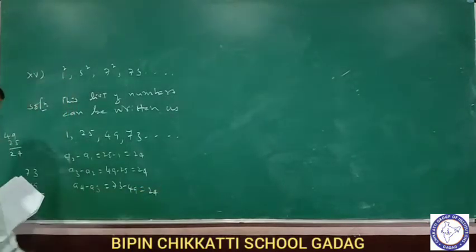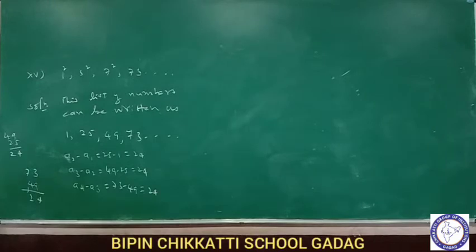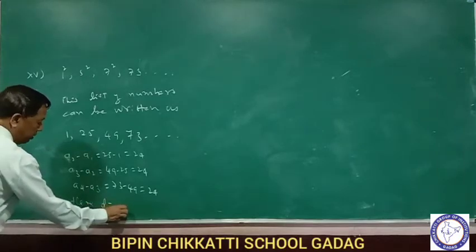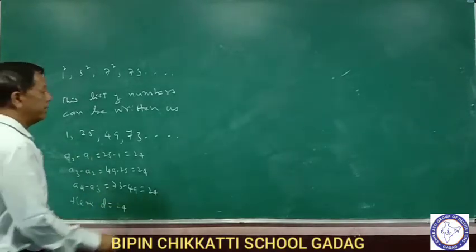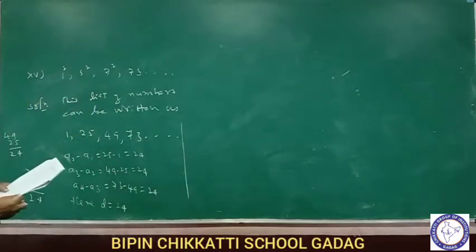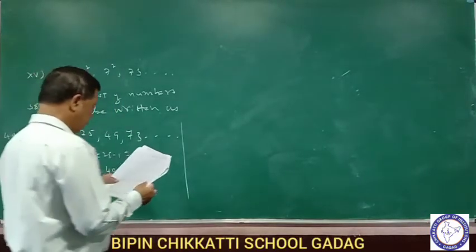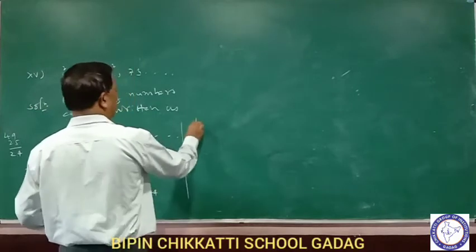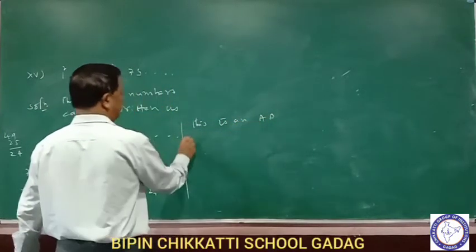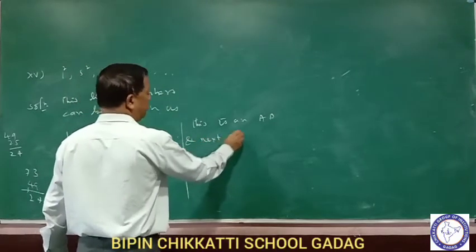So this is an AP. Why is this an AP here? Because here you have to see that the common difference D is 24. And try to understand, the next three numbers you have to write, and accordingly you have to write the result here. So this is an AP, and the next three numbers